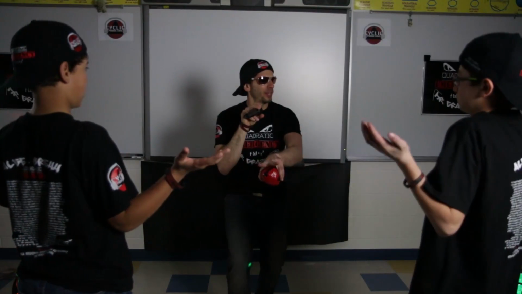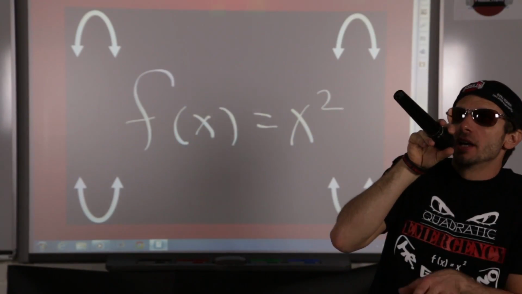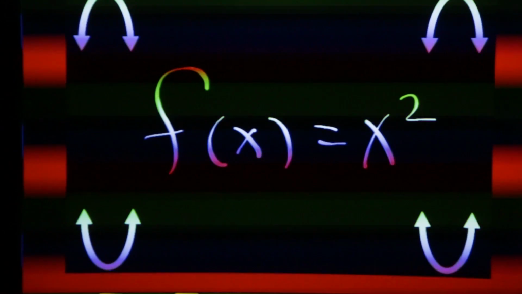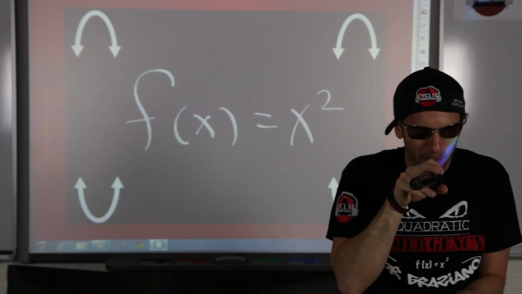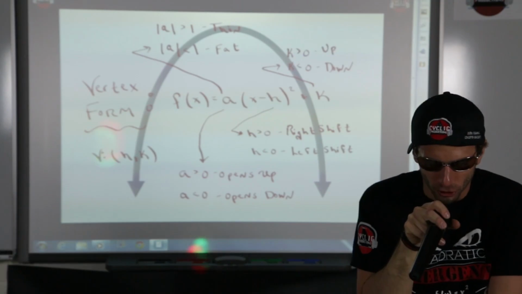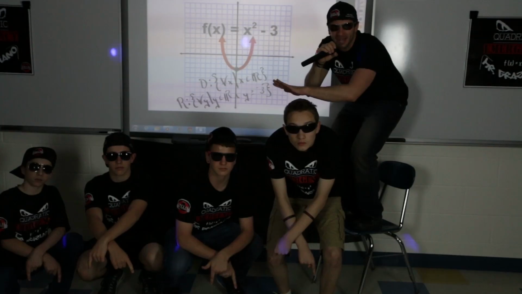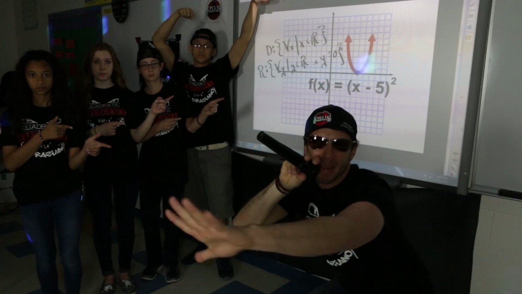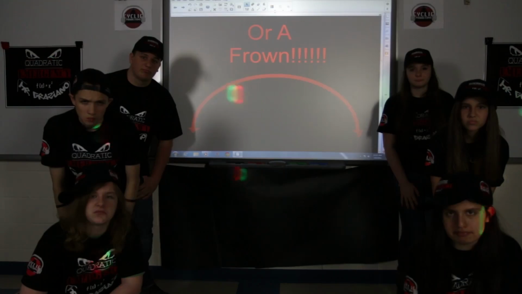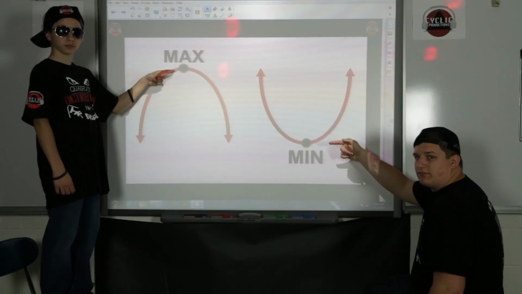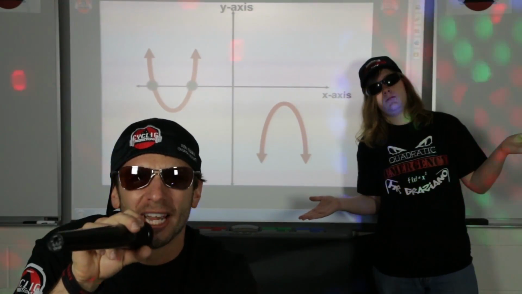That's why we need to know this. Simple projectile motion. What? You don't know what that is? Throw something in the air and see what happens. And it starts with a function with a x squared. And I don't care about the numbers position, cause I put that equation in vertex form so I could see each transformation, which maybe up, maybe down, maybe left, maybe right. Happy face or a frown, and some fact and something with symmetry and maximums, parabolas, all U-shaped curves that may